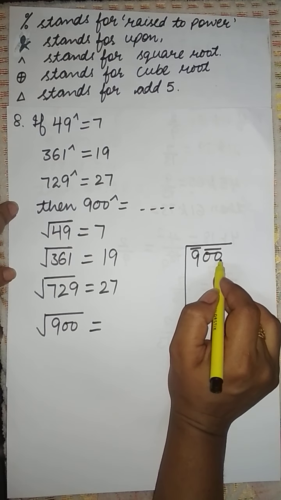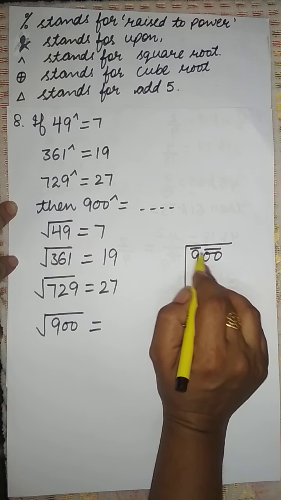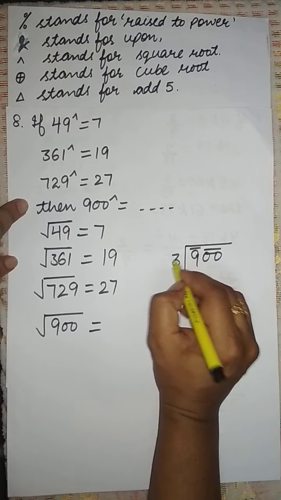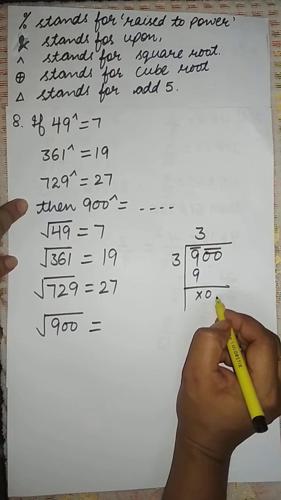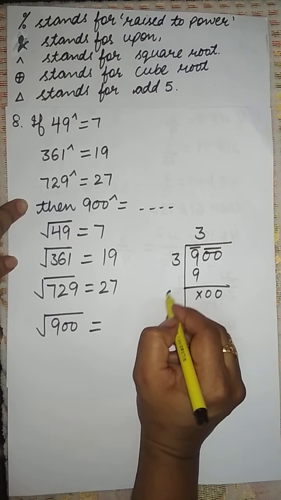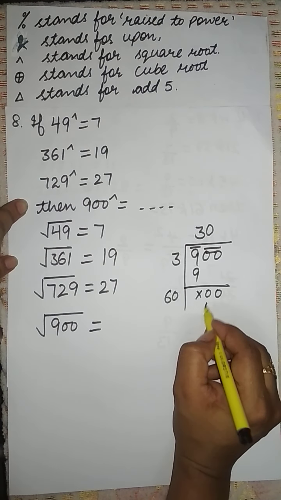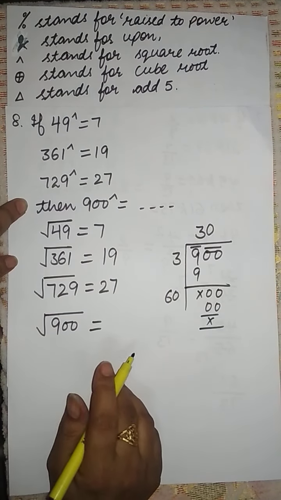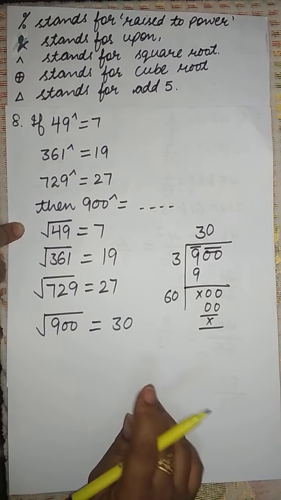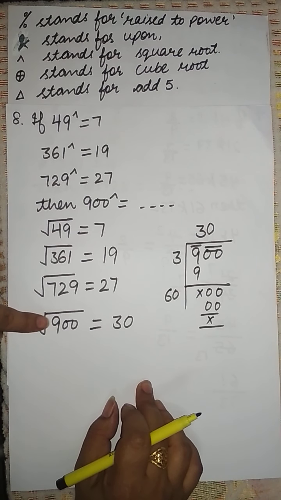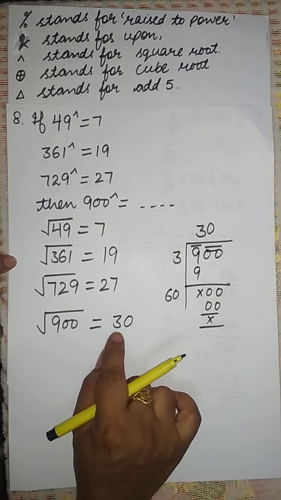Firstly you will make groups starting from the right side, that is 2 numbers, and the first digit can be single. So 3 3s are 9. So this is simply 0 and we got here zeros. 3 plus 3 is 6. As here is 0, so we will multiply it by 0. So the remainder we got is 0. So we can say that the square root of 900 is 30. Or simply you can see from here, square root of 9 is 3 and of 100 is 10. So 3 multiplied by 10 is 30.